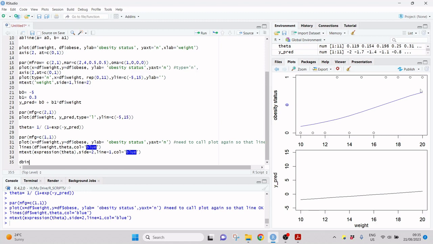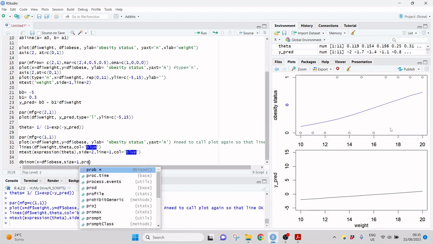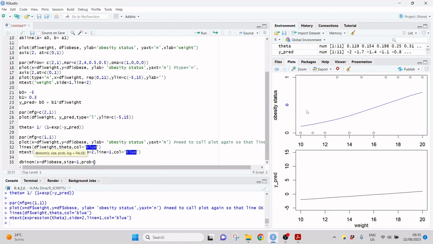So we use the binom for our Bernoulli distribution, and then we say for our outcomes, these are now the obesity status, right? So outcome equals df obese. And as I said, it's a Bernoulli distribution, so a single flip. So we put size to 1, and then we have to put the probability,